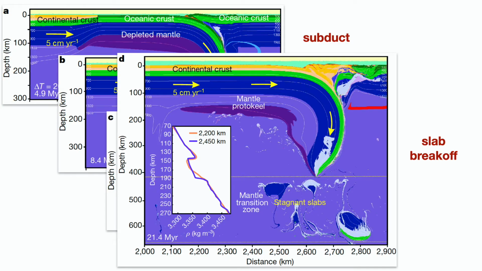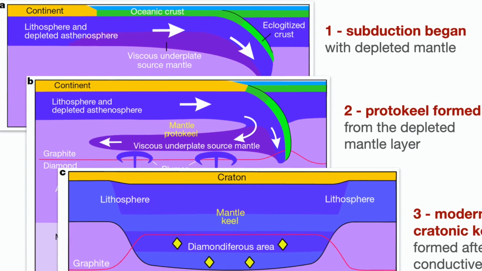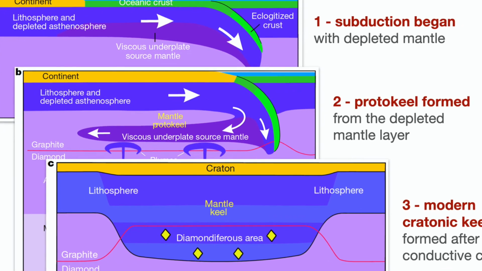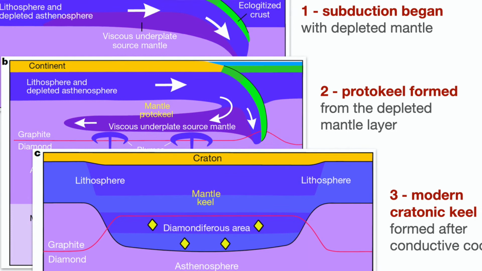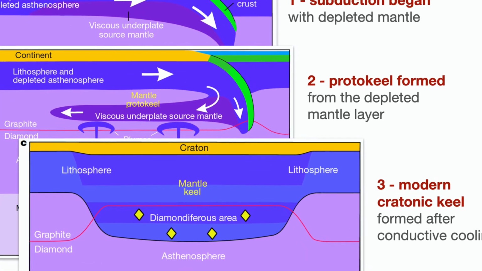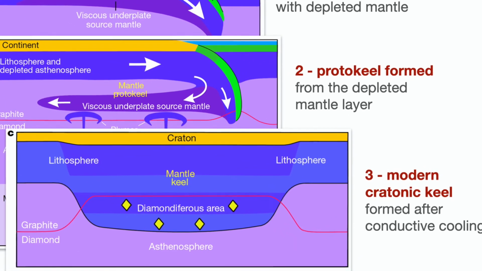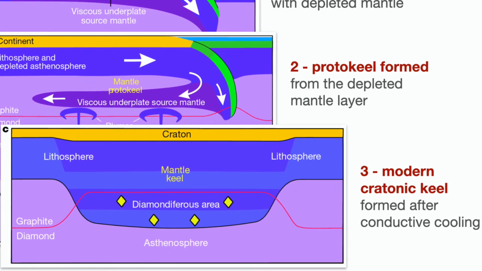With the development of the arc-continental collision, the downgoing oceanic plate started to break off and left fragments of slabs within the mantle transition zone. With the consequent conductive cooling following the termination of subduction, the proto-cratonic keel further developed into a cold, buoyant, and depleted cratonic keel that is observed today seismically beneath many cratonic lithospheres.